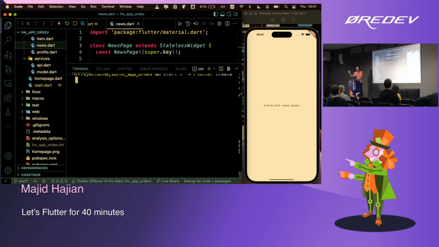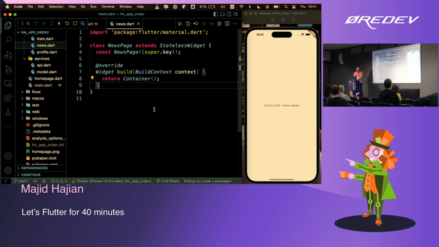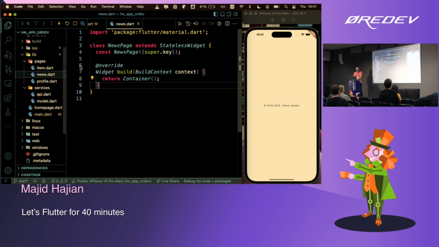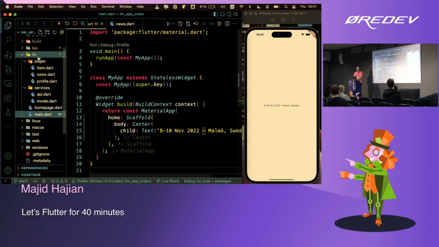And give it a folder name, whatever you want to. That's it. So Flutter will generate the scaffolding or the basic project for you. That's what I have done here. I just removed the comments and some extra things which usually come with the skeletons. And this is the file under the lib folder.